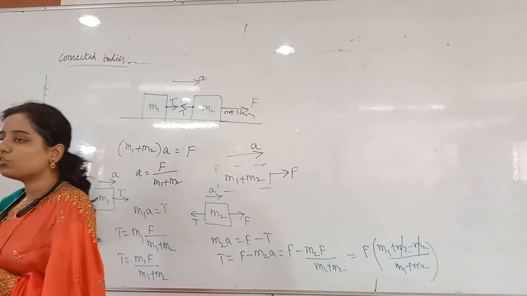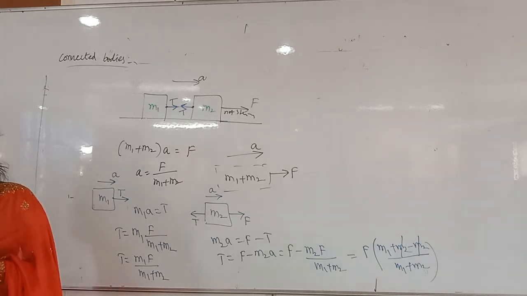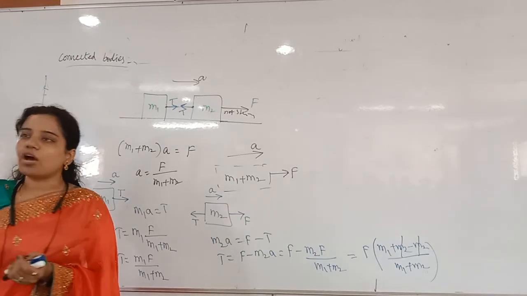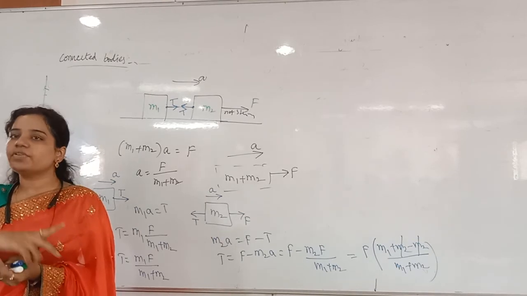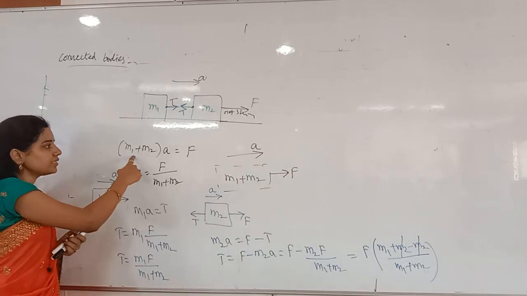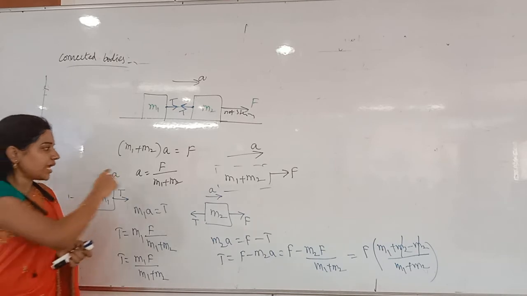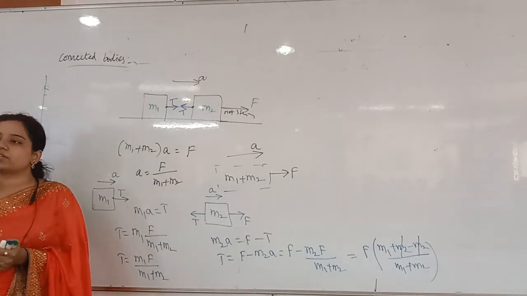Here they might be 2 bodies or 3 bodies, any number of bodies. You have to do it in the same procedure only. So whenever all the bodies are connected and force is applied on one body also, it will pull all the bodies, right? So all the bodies come together. Nothing but you have to add all the masses with acceleration A, that is equal to the applied force. Combined masses with acceleration A is equal to F applied. Then acceleration is equal to F by M1 plus M2.